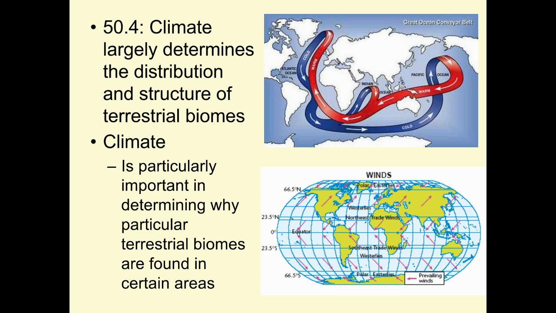All right. So the driving point of all of our climate, it really comes from the sun. Our wind patterns: we have warm air rising at the equator, cold air sinking at the poles. And we have a couple different wind patterns. It's not just the equator and the poles interacting. There's actually a couple interactions in between. But you can kind of get the idea: warm air rises, cold air sinks, we get circulation, and those circulations are what drive our wind patterns.